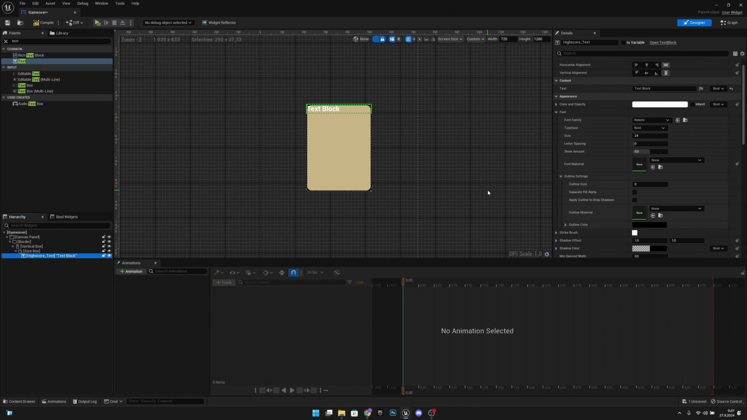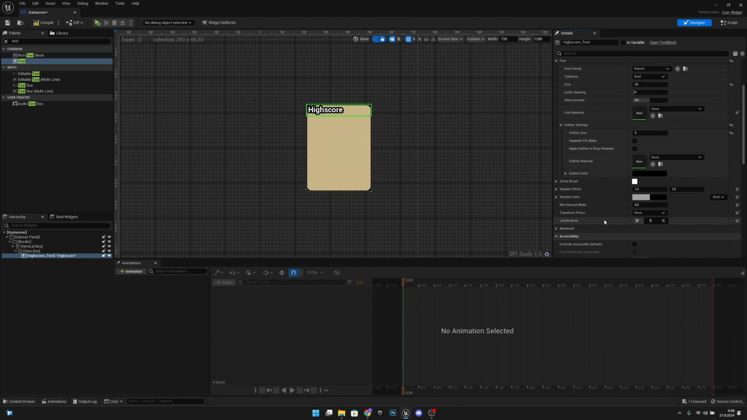Okay, and now here on the font size, I want to make this like 26. I think that's pretty good. And I want to change this outline size to 5. And yeah, now let's change this text to high score. Okay, one more thing that we have to do is we want to change the justification to the middle, like